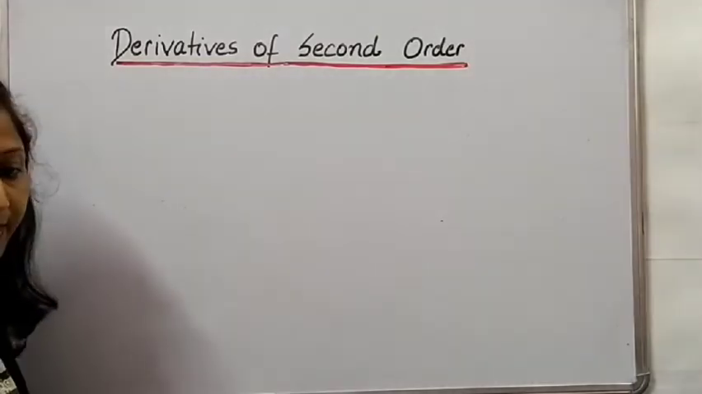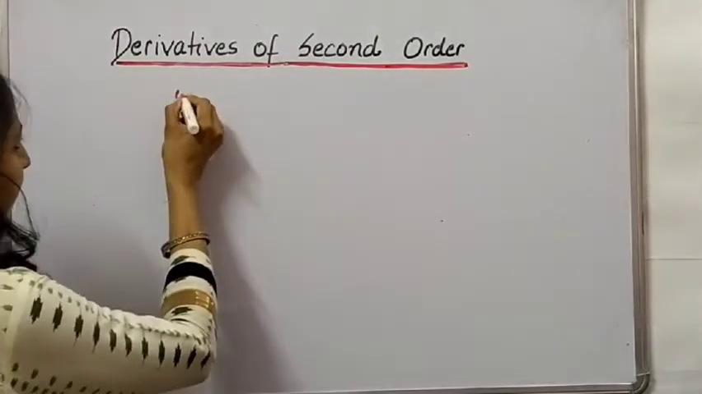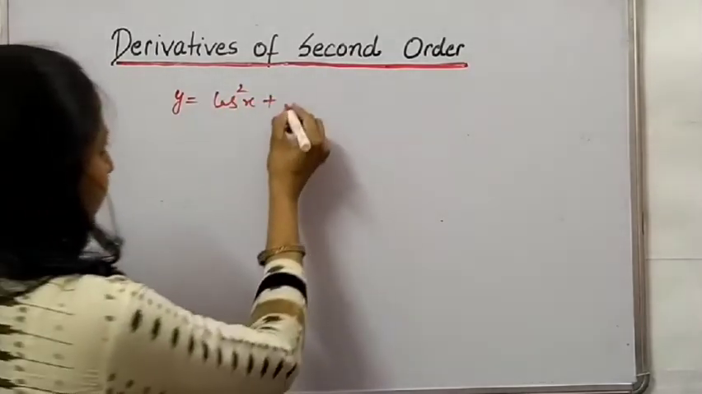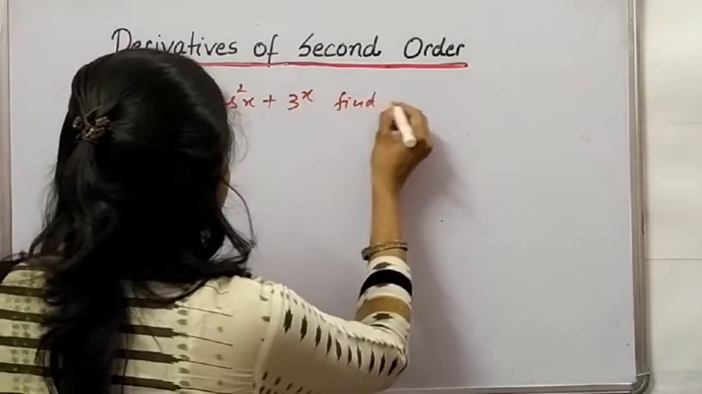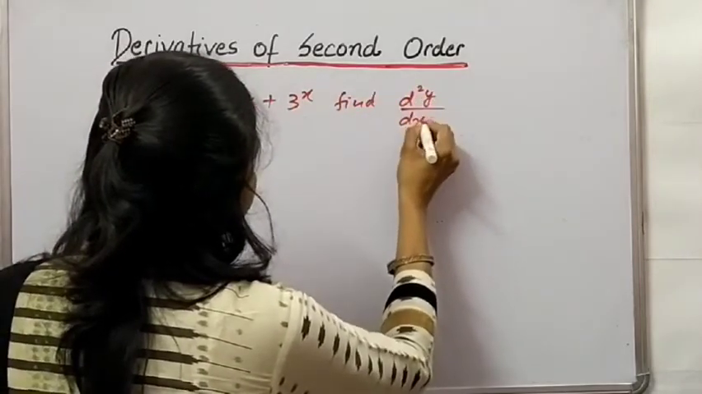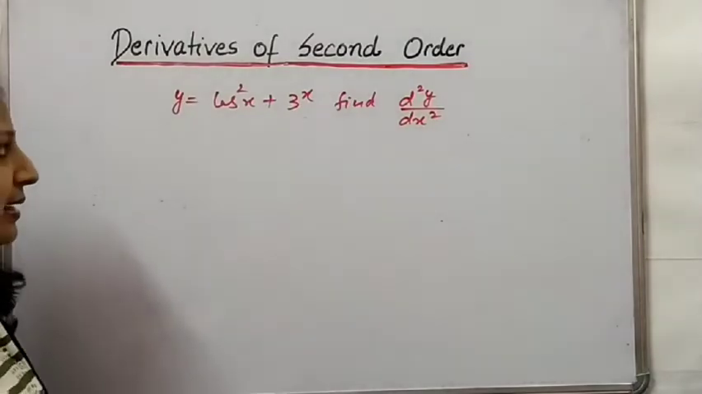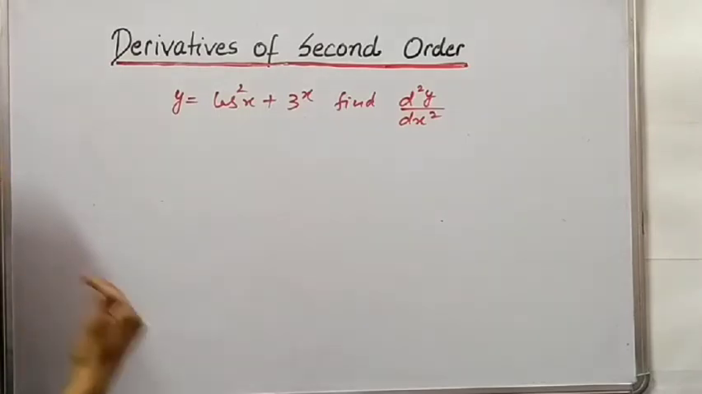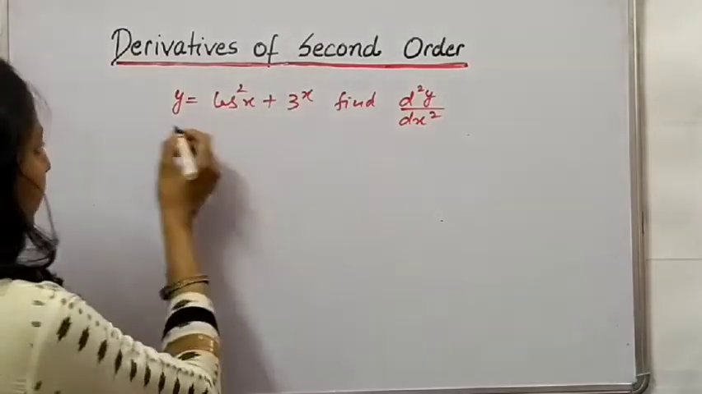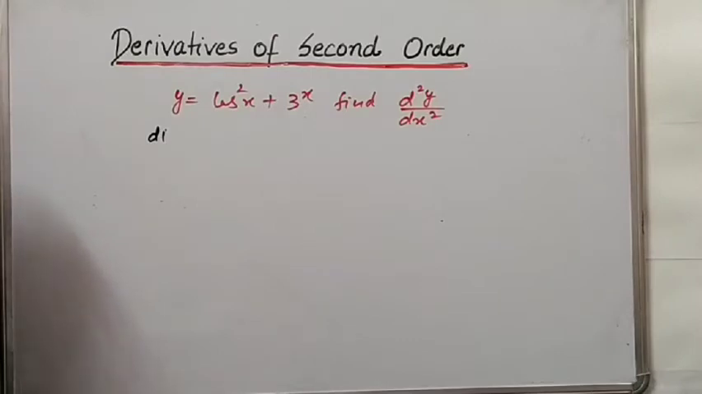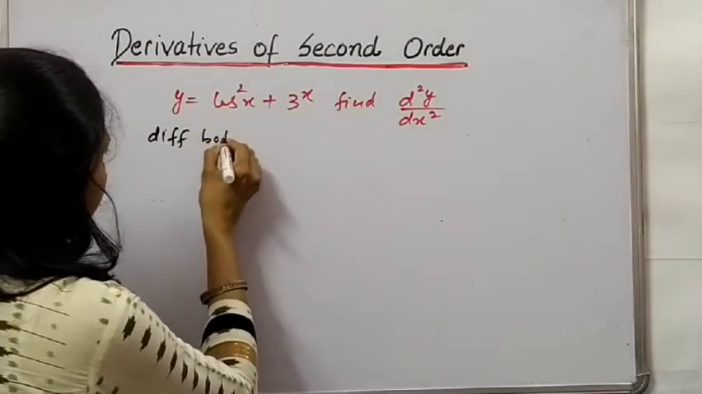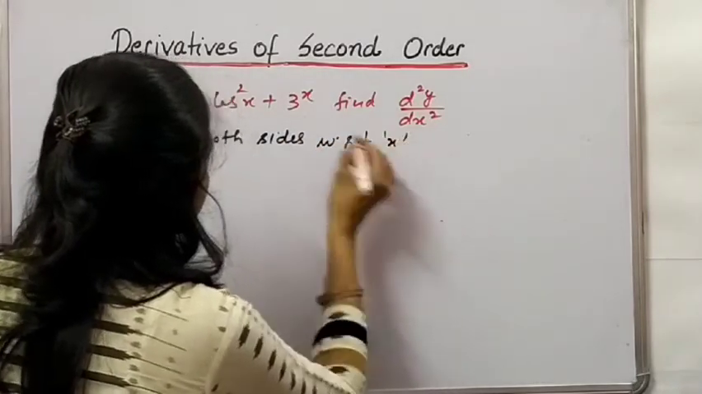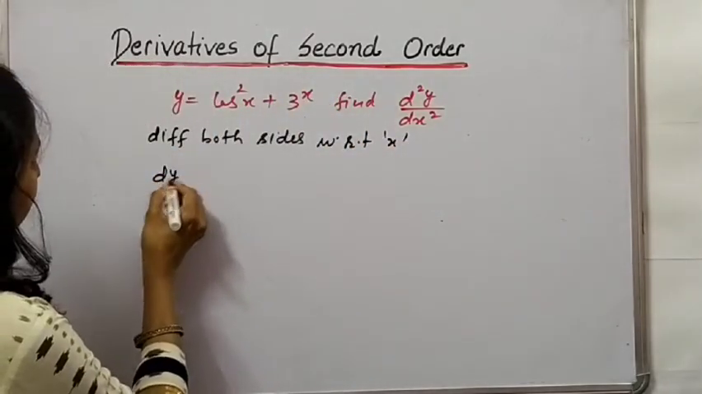Our first question is, yes, it is given y is equal to cos square x plus 3 raised to power x, and find its second order derivative, that is d2y, we read it as d2y by dx square. It means we have to find the second order derivative of this function. It means we have to differentiate it two times. So first of all, we will differentiate it with respect to x in order to find its derivative of first order. So differentiate both sides with respect to x, and after differentiating we will get dy by dx is equal to,